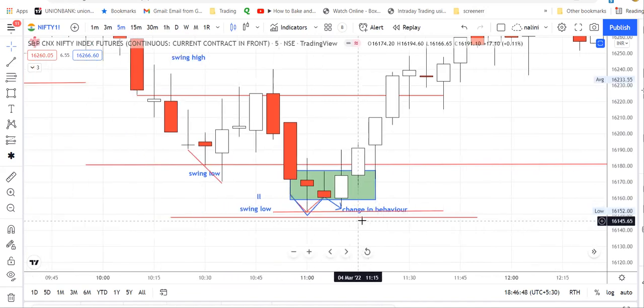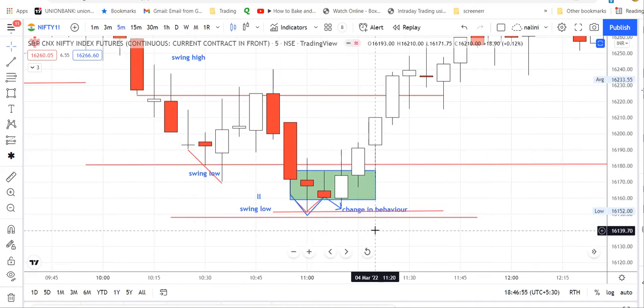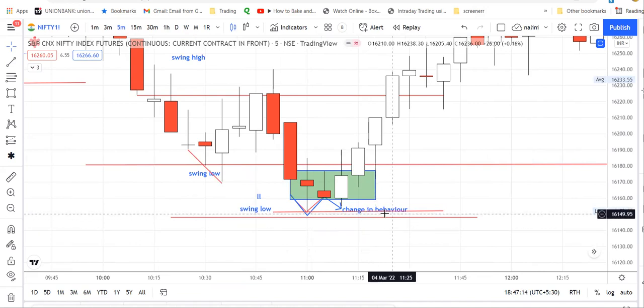This is an aggressive entry, but when you are seeing the change in behavior, you can enter over here. I always used to think people trade in options, also intraday option buying, because retail traders will not have much money to trade. They go for buying the option. So what you could have done is, I will show the same structure, and I applied